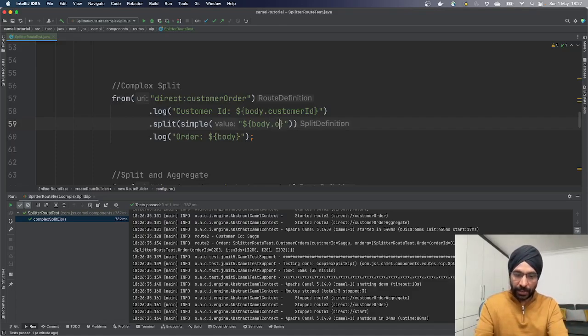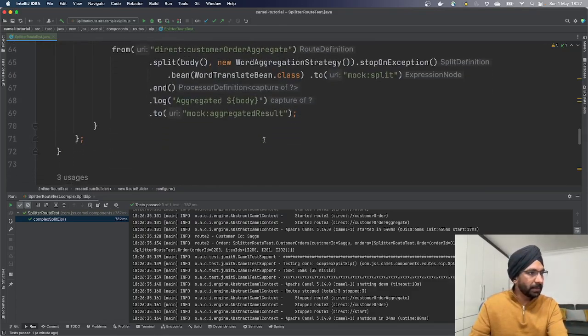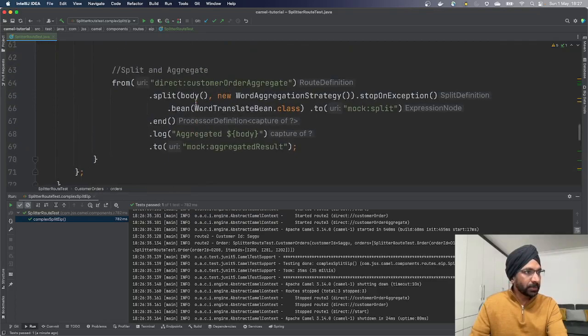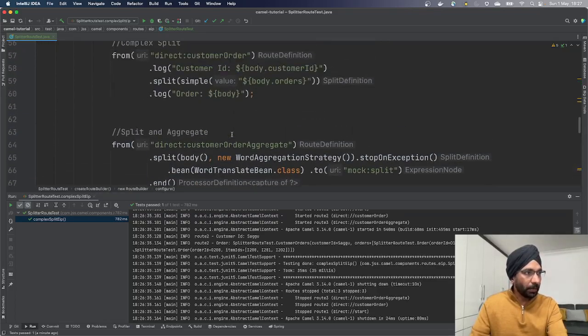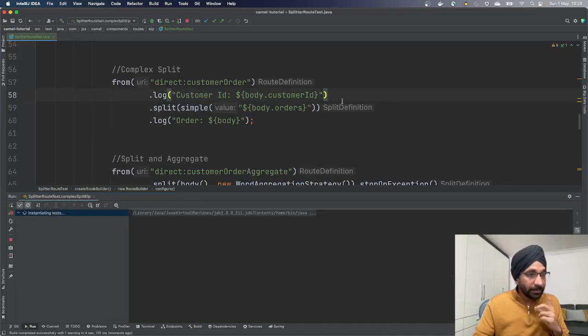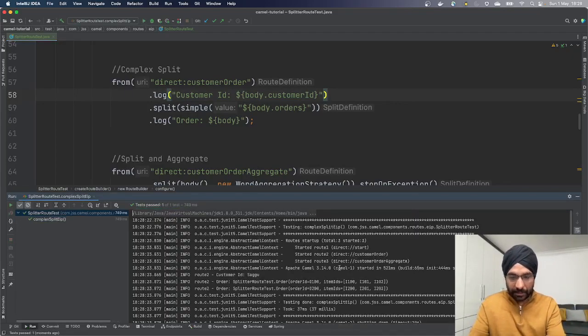Now inside my body, I am going to retrieve this particular list, orders. What Camel will do is look at the body and try to extract orders. It will see that this is a list, and it will be able to split it very easily. If I run my test now, just remember how we were printing earlier, one big blob order. If I make this little change